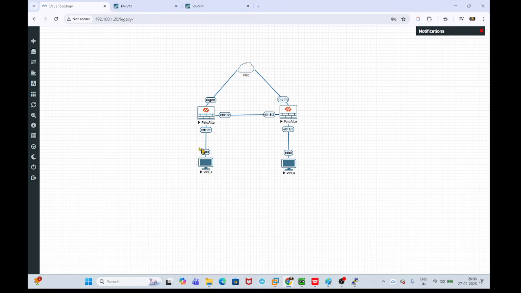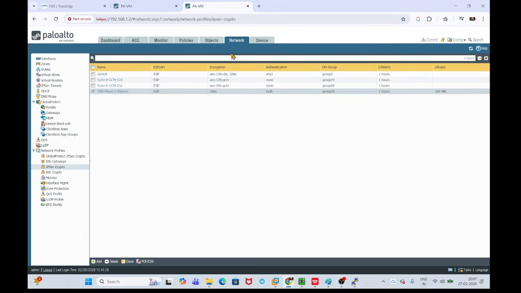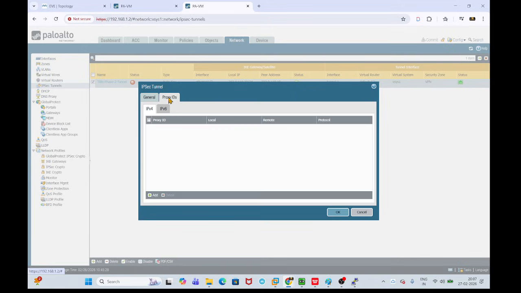If you are having 10.10.10.0 here and 20.20.20.0 here, you need to mention locally 10.10.10.0 and remote 20.20.20.0, and you need to match correctly on both sides. Here you will have 10.0 as local and 20.0 as remote. And if you configured the proxy IDs here in the IPsec phase 2 tunnel,